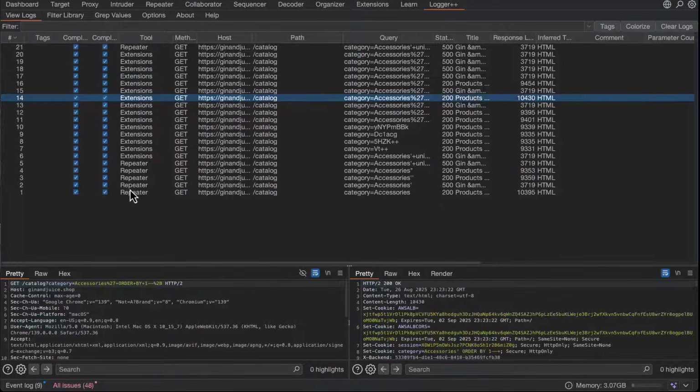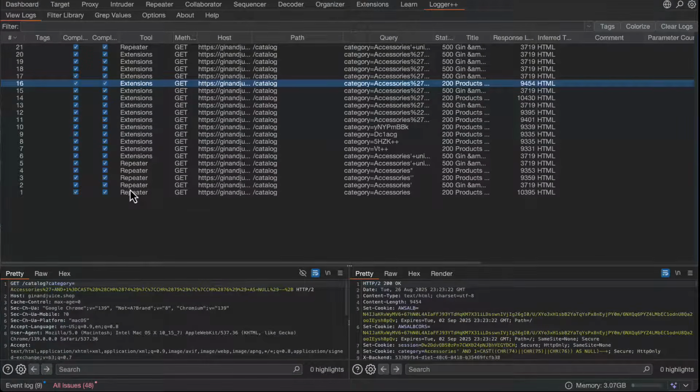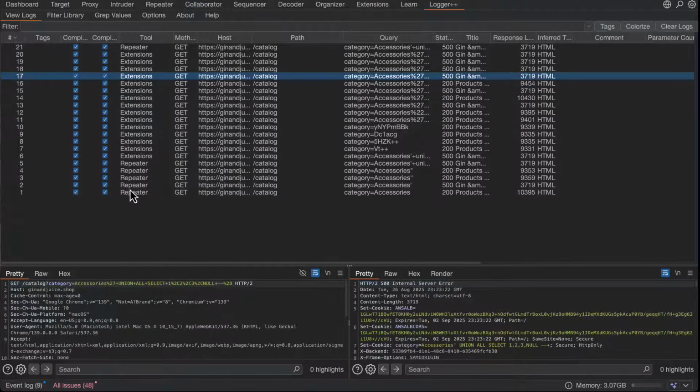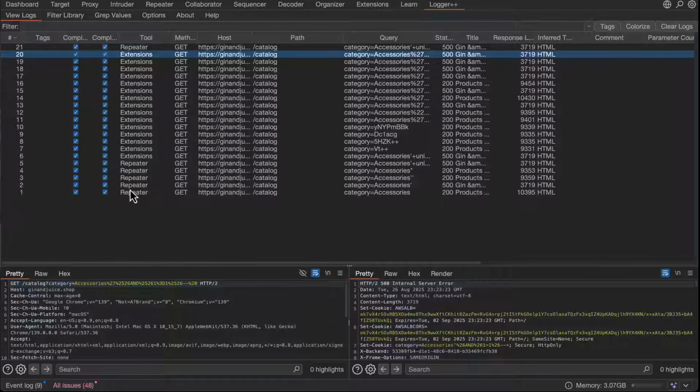I see some more union selects. I see an order by 1. I see a sleep, so it's trying some blind SQL injection with some timing. Something else here, select, union. So it's just going through and trying a lot of things, and probably basing what it does next based